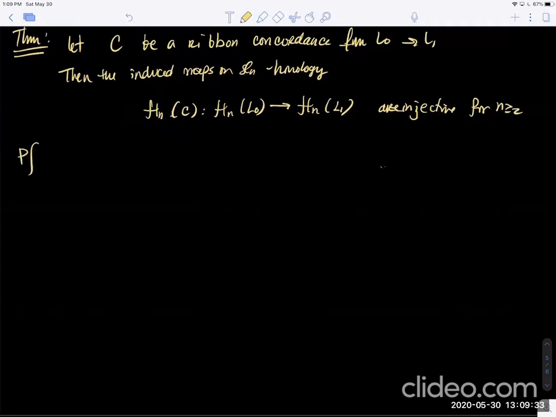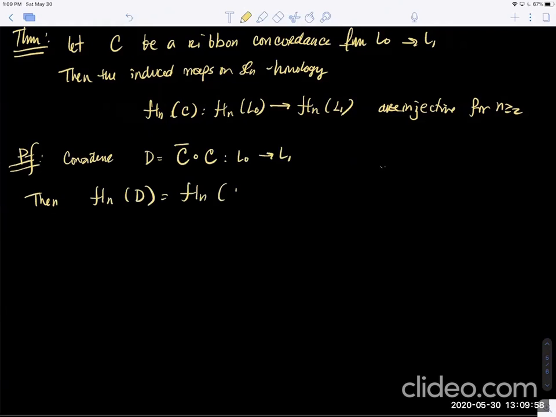Okay, the proof. So if you consider D to be, let's say, C bar composed with C, this composition of our concordances is a map from L0 to L1. Then we know that Hn of D is really just going to be Hn of C bar composed with Hn of C. This is by functoriality. However, by Zemke's construction,